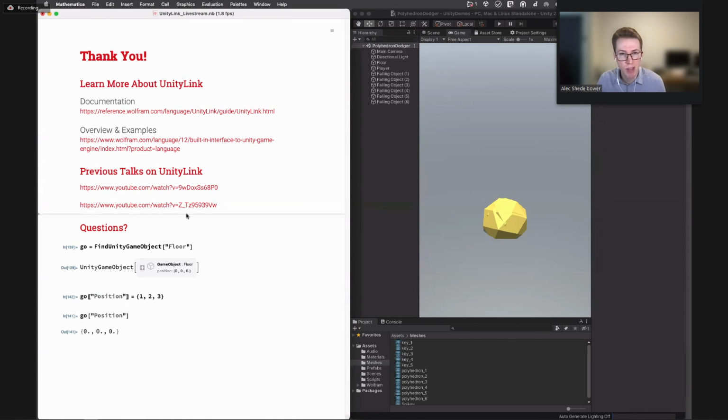How is Wolfram language passing meshes into Unity? Yeah, so there's a good question. So in Wolfram language, we have a pretty flexible mesh framework where you can have cells in any dimension. So you can have points, lines, polygons, and polyhedra for 3D. However, in Unity, it only supports triangle meshes, so it's a little more restrictive. So whenever you pass an object over, we automatically do some conversion behind the scenes, convert it to